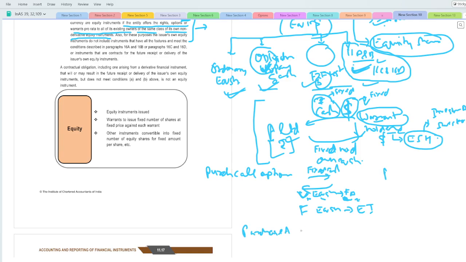ये आपको क्लियर होना चाहिए. मैंने इसमें वीडियो बनाया हुआ है कि कॉल ऑप्शन, टाइप्स ऑफ ऑप्शन, कॉल पुट वो क्या होते हैं, और परचेज में क्या जनरल एंट्री होती है, वो एक बार आप वो वीडियो प्लीज़ रेफर करिए, उससे आपको ये क्लैरिटी आएगी. परचेज अगर रिटर्न ऑप्शन है, return option on own shares, and this is also the purchase call option on own shares.